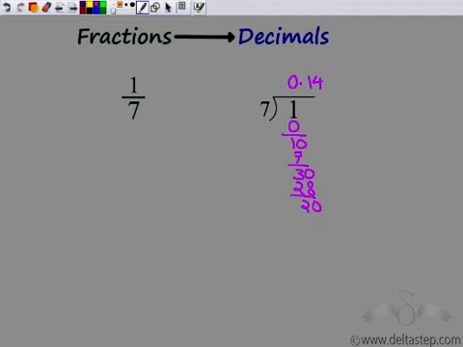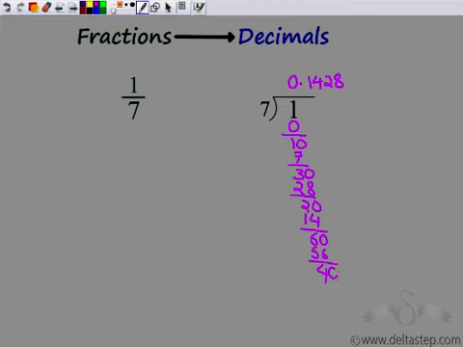So now I get 20. 7 2s are 14, which leaves a remainder 6. Now that is 60. 7 8s are 56, which leaves a remainder 4. So I've still not got 0 remainder, and I still don't see a sequence of numbers. So whether it is terminating or non-terminating, let me see.